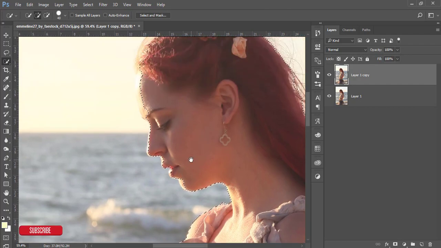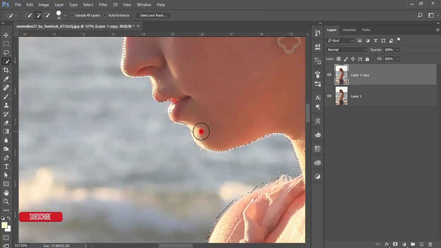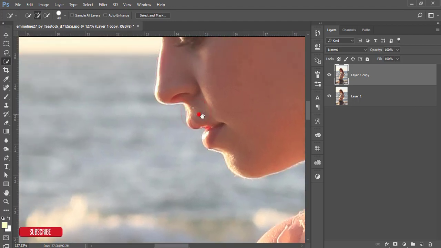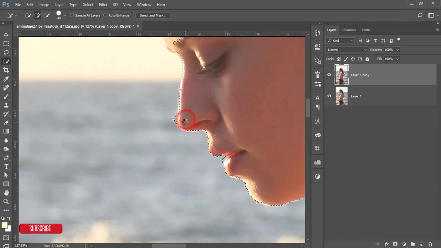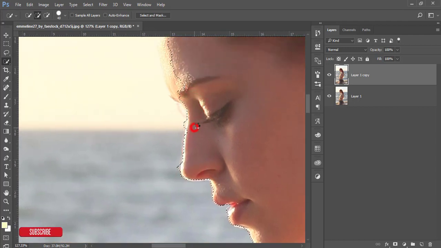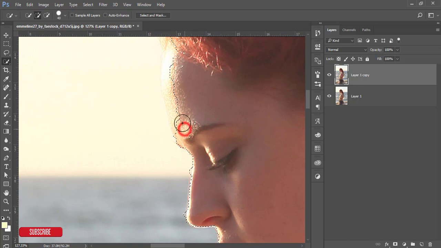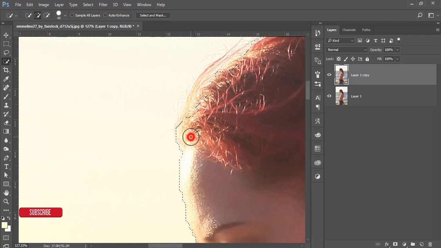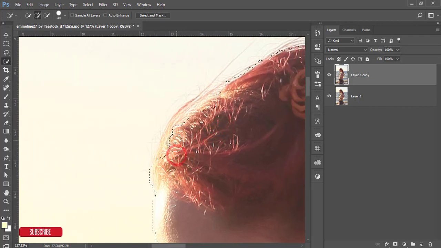Here, this portion, here I left this portion and I'll select it carefully. So here, this portion, here as well, and this area, and the highlighted area as well, here,